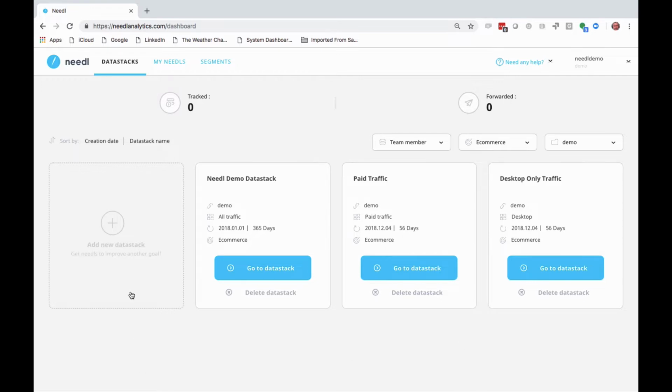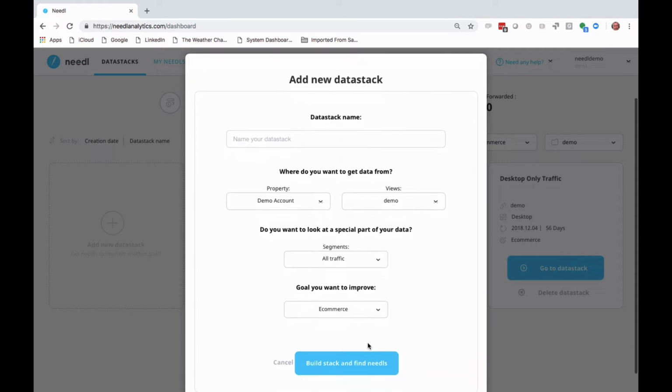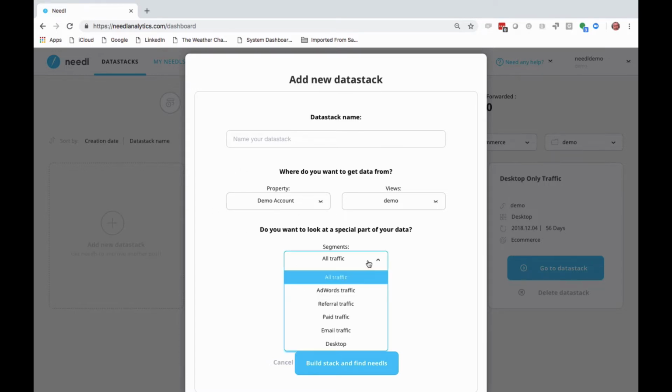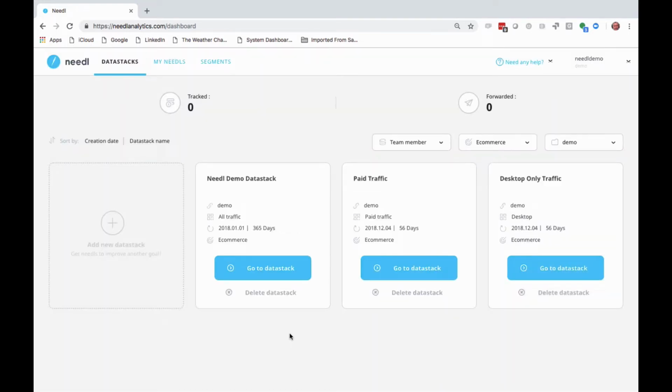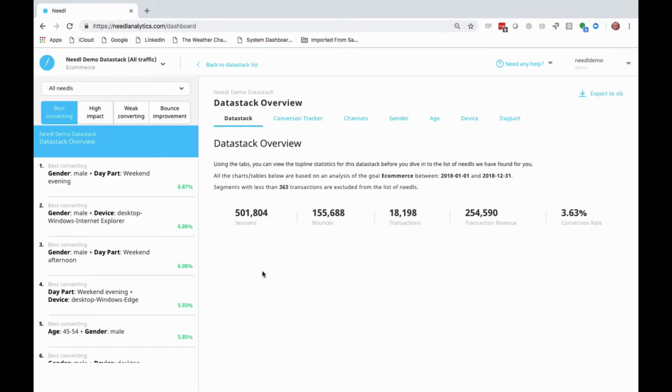To create a data stack, you add new data stack here. This feature is actually disabled in the demo, but it's very simple when you're in Needl itself. You create a data stack, you select your property view, select your traffic segment, select your goal, and then you click Build Data Stack. Now, a data stack is a term that we use for collecting all of the data from Google Analytics, and to look at the data, which is why you're here, you click on the View Data